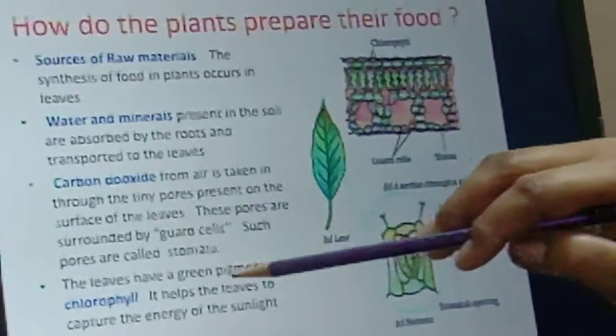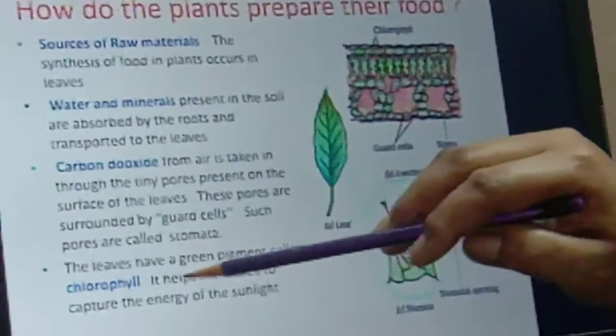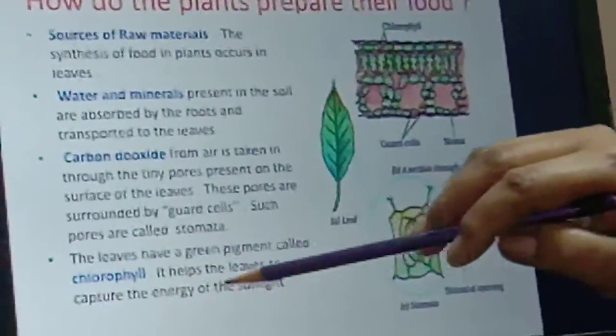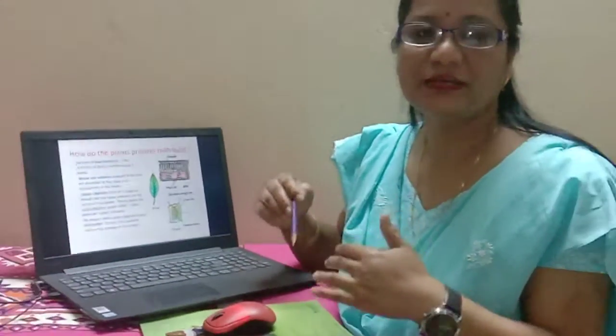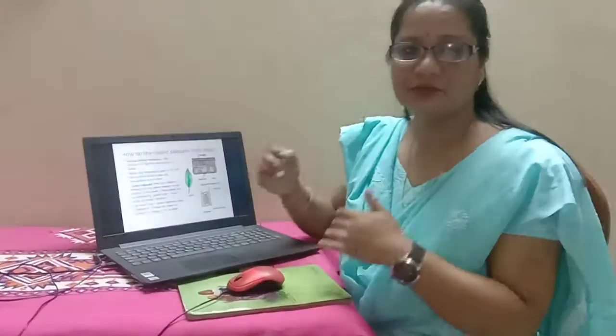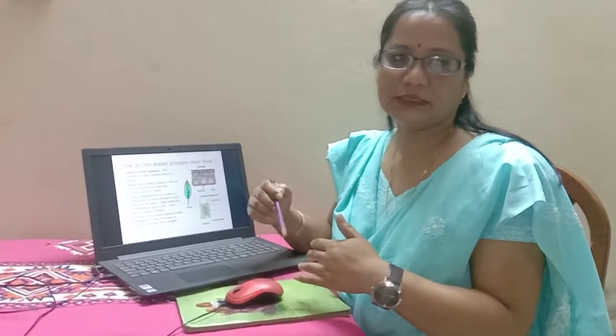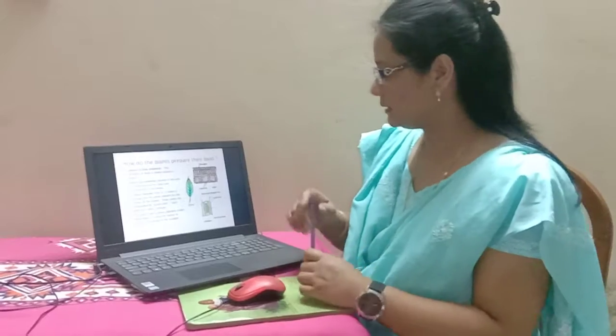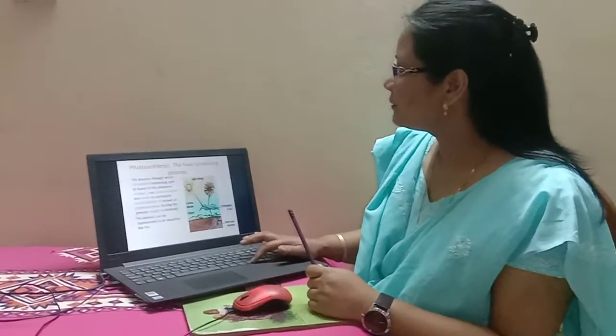The leaves have green pigment called chlorophyll. It helps the leaves to capture the energy of the sunlight. So sunlight is the ultimate source of energy that is captured by the chlorophyll. Chlorophyll has the ability to capture the energy, right? And it is converted and stored in the food. It is converted into food energy, right? Next,